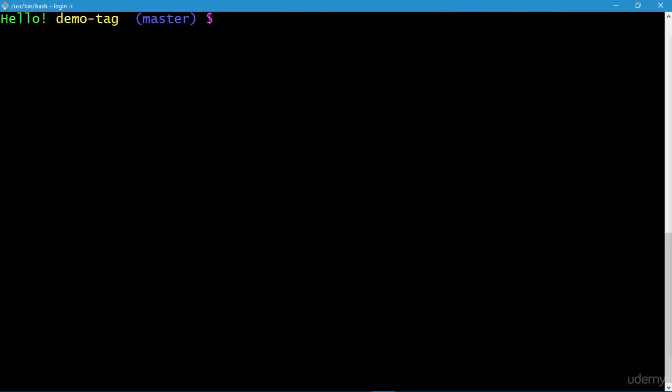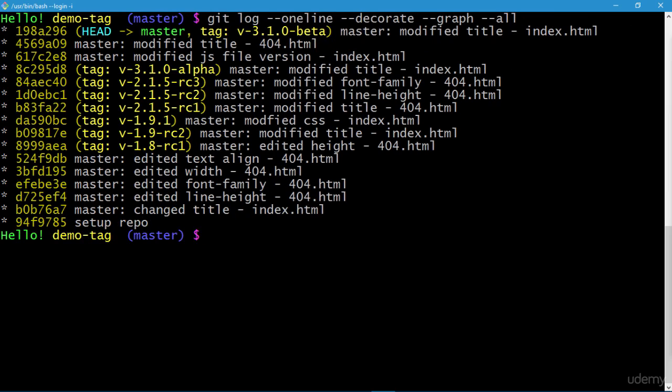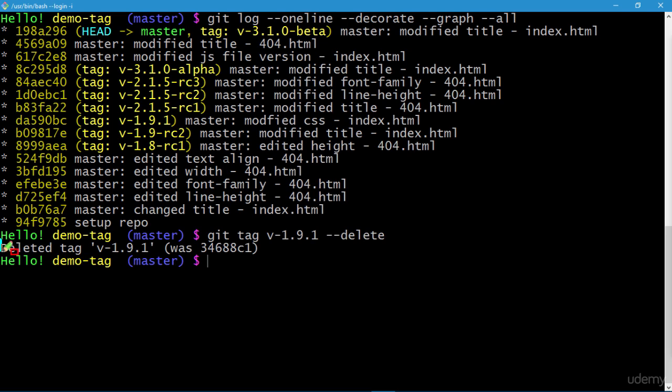So next I'll show you how to delete a tag. So let me execute the git log command once again, and let's delete a particular tag, and we'll choose this tag v-1.9.1. So the command for that is git tag, then the tag name. We'll copy the tag name, which is v-1.9.1, and paste it over here, and then you provide the option for deleting, which is --delete. Press enter, and Git comes up with the response that it has deleted tag